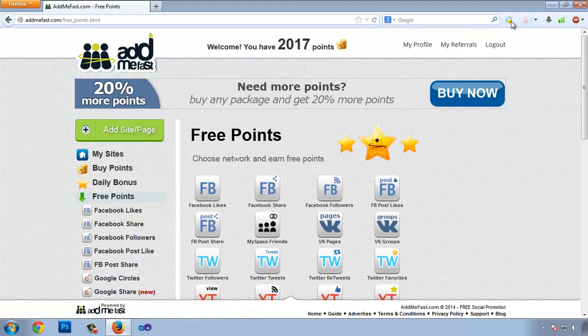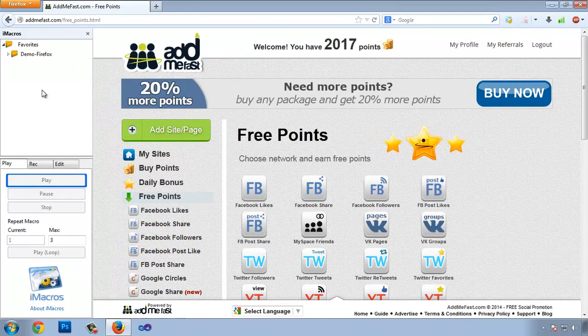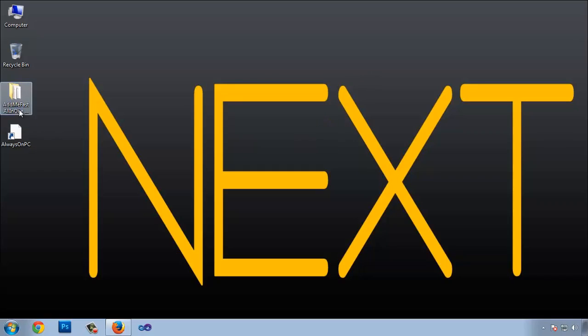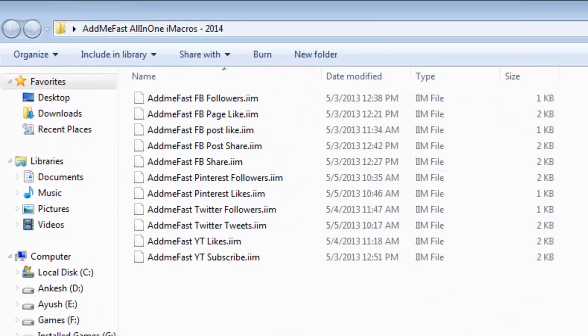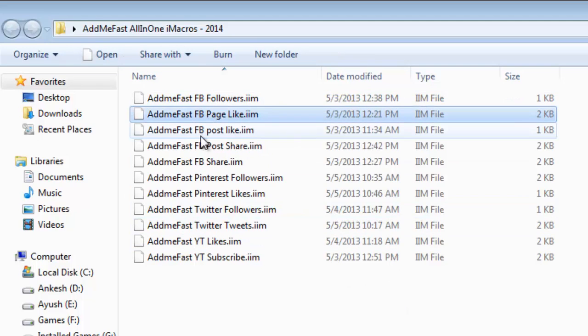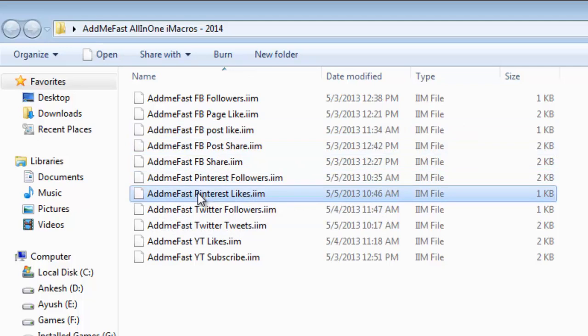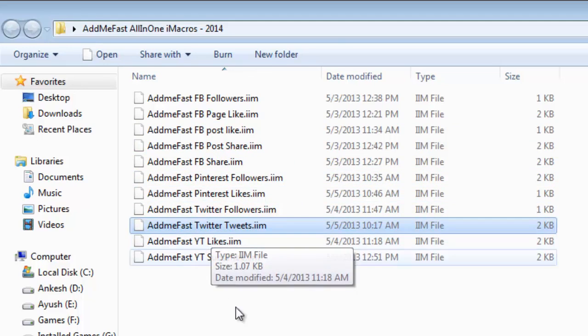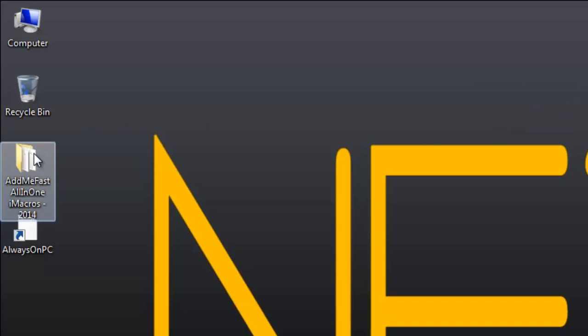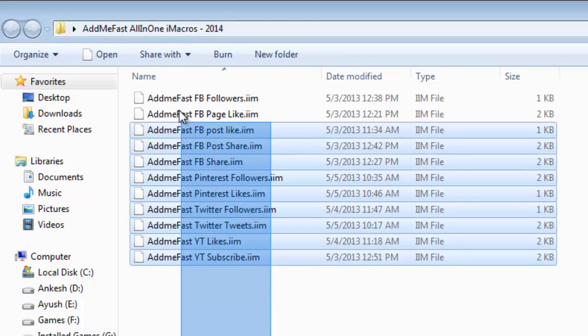Okay, now click the iMacros button here, and you will see a new window on the left hand side. To use this tool you need a script which is coded in iMacros. I have created this folder and you can access all these scripts in the supplementary section of this video. Here are some scripts that will automatically do the social exchange for you, like Facebook follower, Facebook page like, Facebook post like, Pinterest follower, Pinterest likes, Twitter tweets, YouTube like. So open this folder or extract it on your desktop, copy all the